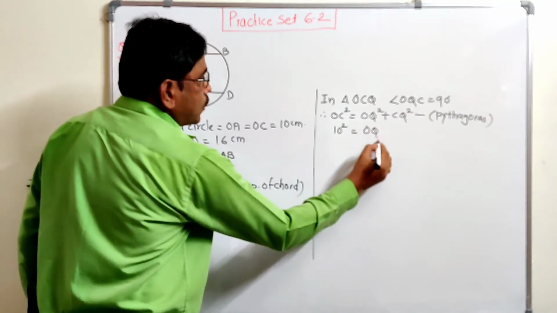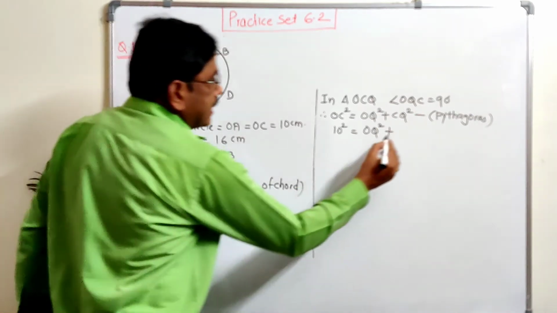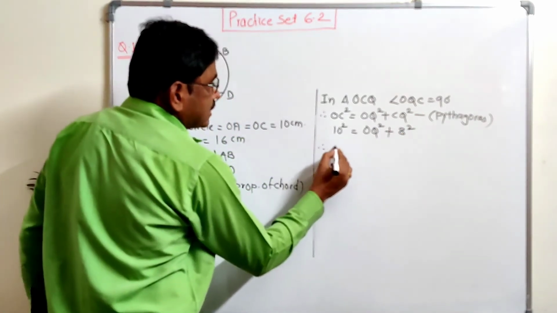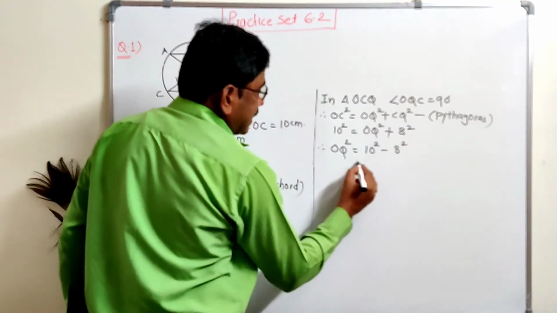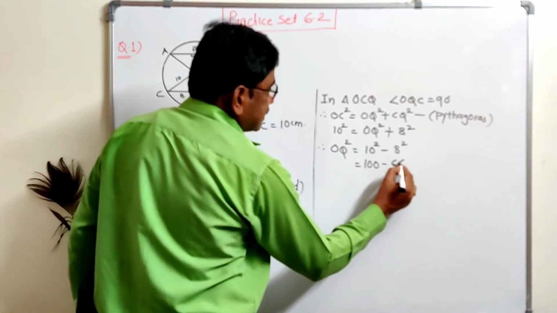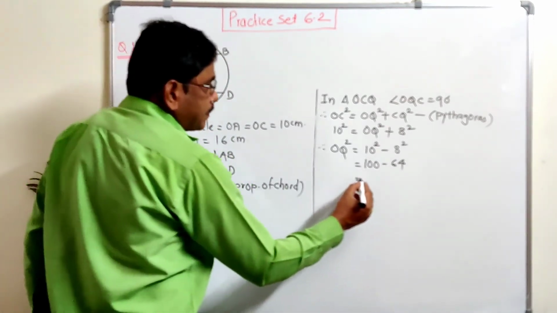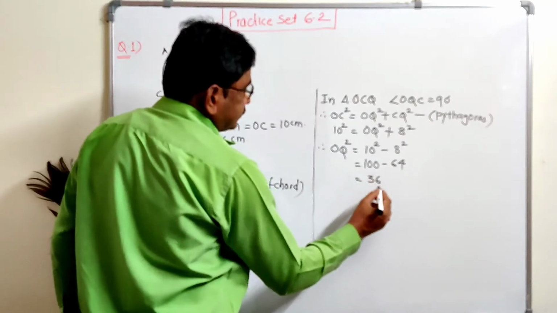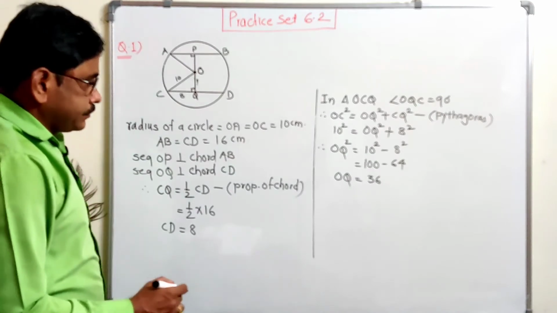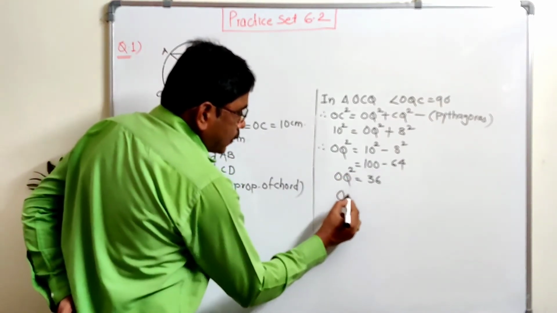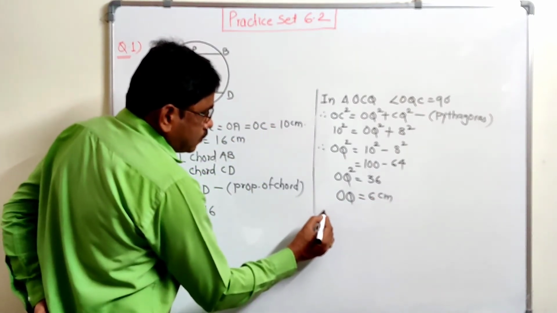is equal to this OQ square, that we have to find, distance of the chord from center, and CQ is given 8 square. Therefore this OQ square is equal to 10 square minus 8 square, that means 100 minus 64. So we get 100 minus 64 is 36. So OQ square is 36. Therefore OQ, the distance, is 6 centimeter, and here chord